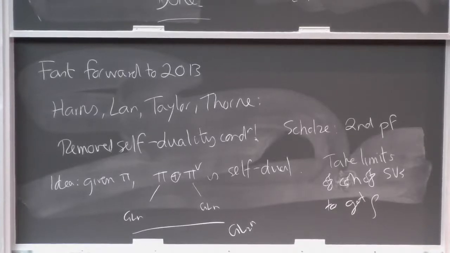And results going the other way, I guess the most recent one is this 10 author paper. Maybe I won't talk about that now. So there's some kind of idea about how we get from automorphic representations to Galois representations. And I should maybe say, what were the, somehow the genesis of these ideas,